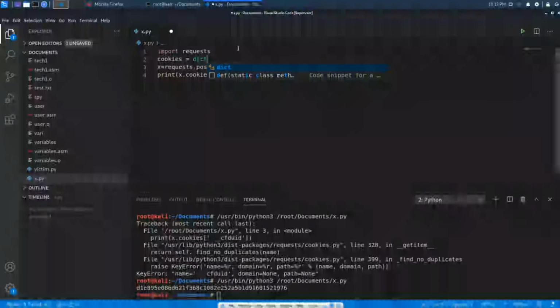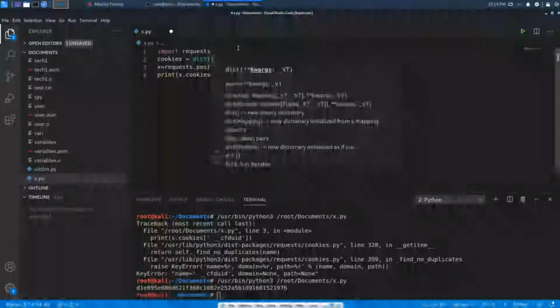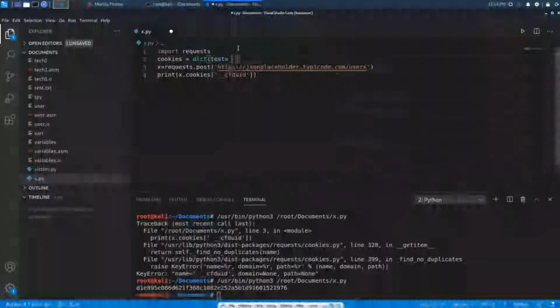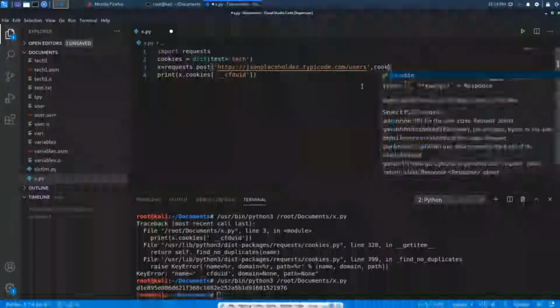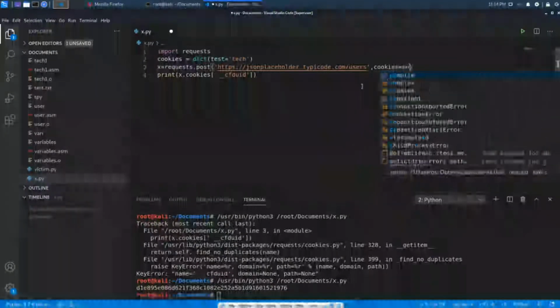So this is a typecasting method. So test equal to text. Here test is the key and text is our value. If you want to pass that, you need to pass the argument cookies equal to cookies.